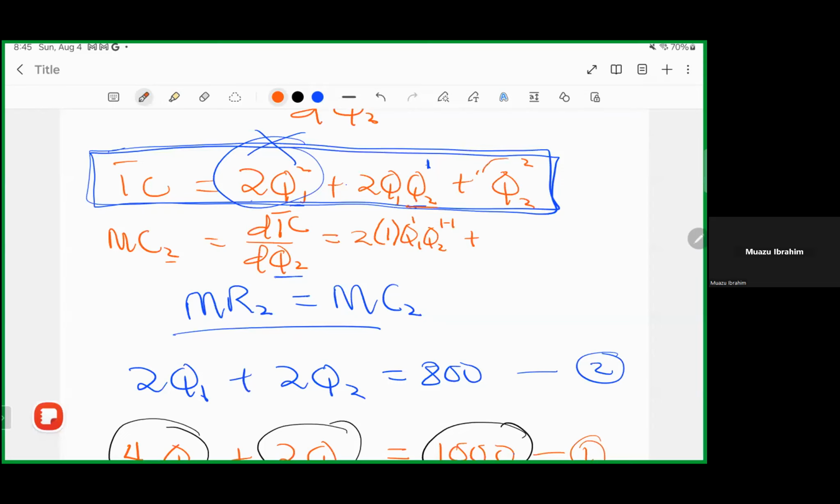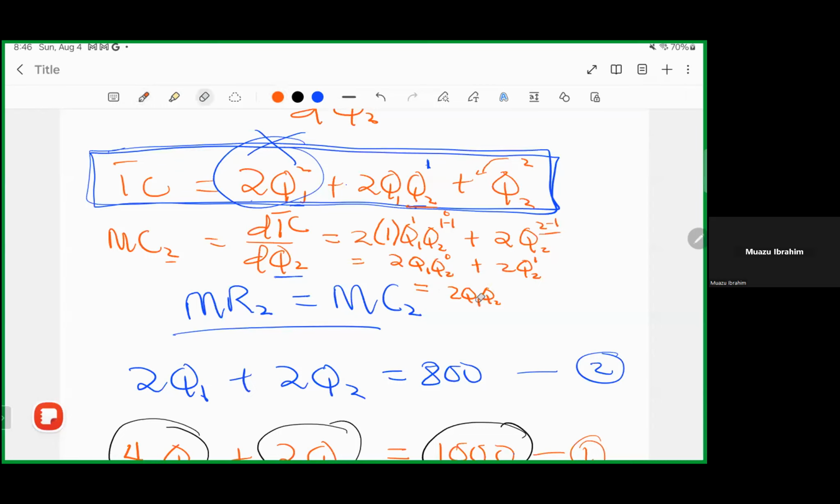Plus, here is raised to the power 2, so this 2 will also come down. So we have that 2 here, we have Q2, and because we are differentiating, we will deduct 1 from the power. So here will give us 2Q1. Any number raised to the power 1 minus 1 will give us 0, so it will be Q2 raised to the power 0, plus 2Q2, where 2 minus 1 will give us 1. So here will be 2Q1 times Q2 raised to the power 0, and any number raised to the power 0 is 1.